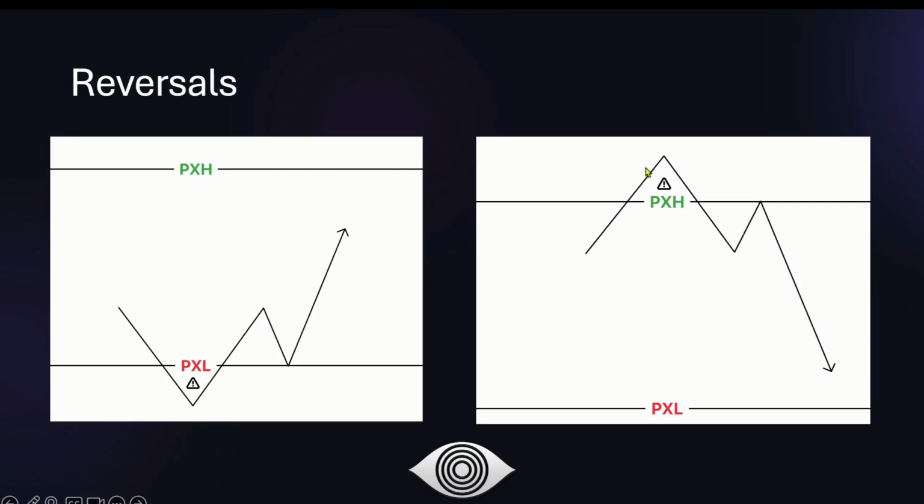When we see those signs be present of a market maker sell model potentially unfolding, where we see the signatures that we're looking for to confirm that up here, we see the PXH get traded below again. We want to see it function as resistance on price to then continue order flow lower towards sell side liquidity and maybe even the opposite side of the range, which is at PXL.